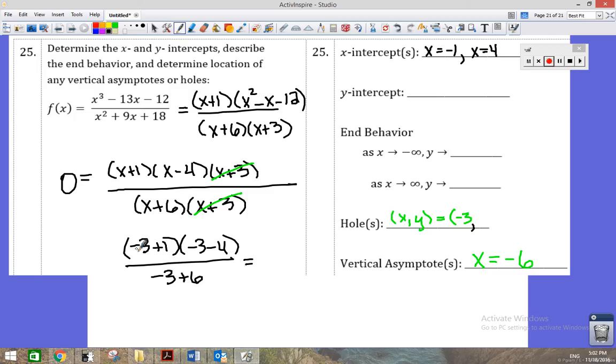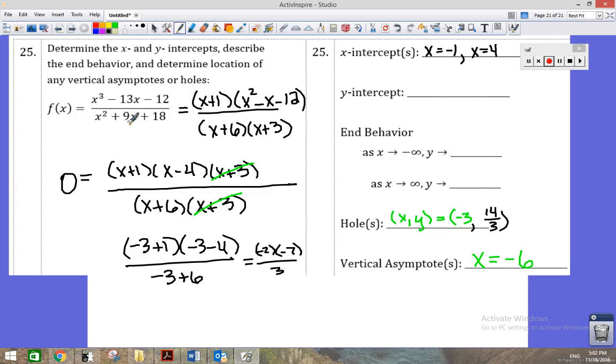Alright, so negative 3 plus 1 is a negative 2. And here I have a negative 7. Well, that's going to be positive 14. And here, 6 minus 3 is 3. So I'm getting this crazy integer 14 divided by 3. Alright, so now